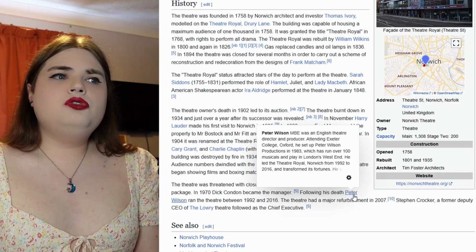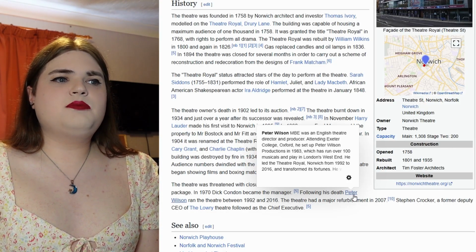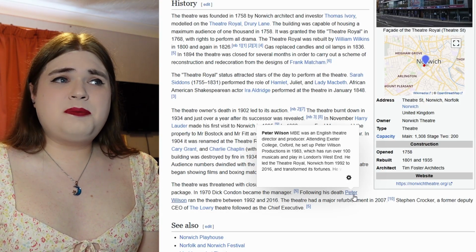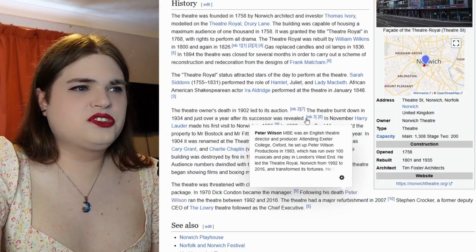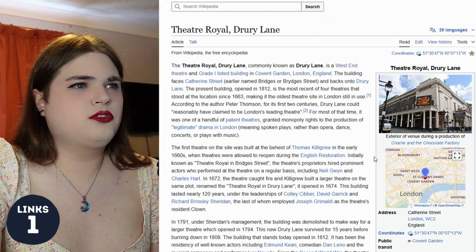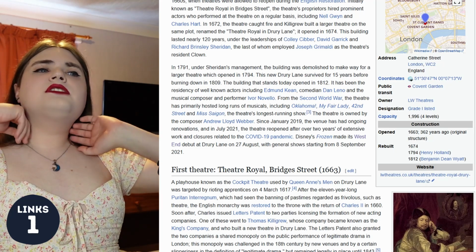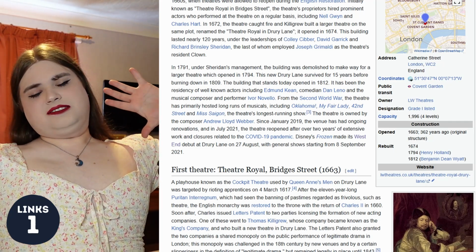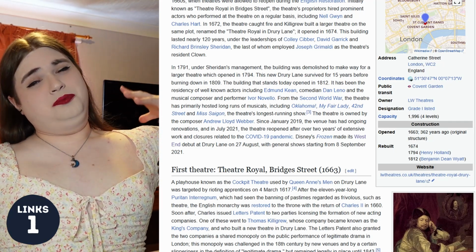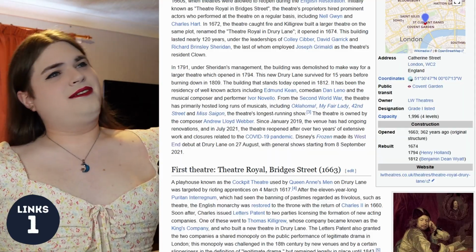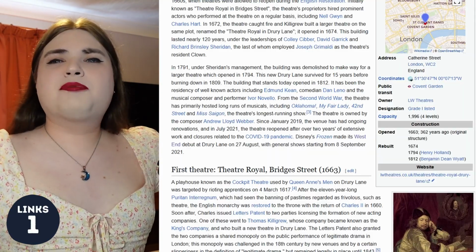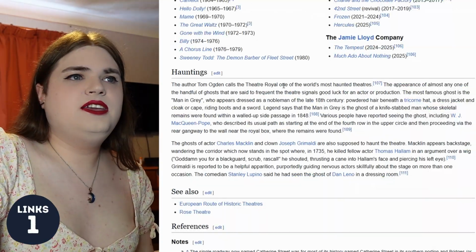I just don't know if Peter Wilson's going to get us to the things that we want to get to. Both of them are a bit of a risk. I don't think Peter Wilson's going to give me what I want, so let's go through Theatre Royal Drury Lane. Let's see what I can get. I want to get to Avenue Q. I want to get to shows that have been at the Golden, which I don't know many. That's the thing, if I knew more about Broadway. Jamie Lloyd. Maybe Jamie Lloyd.